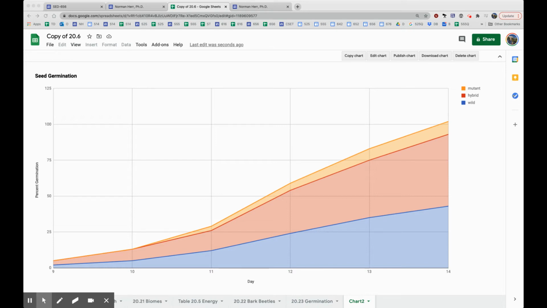Area graphs can be effective for showing the rise and fall of various data series over time, also for conveying the total amounts over time, as well as any subcategorical breakdowns. So here we have some data that is portrayed as an area graph, and we can see its germination data from day 9 to day 14 and the percent